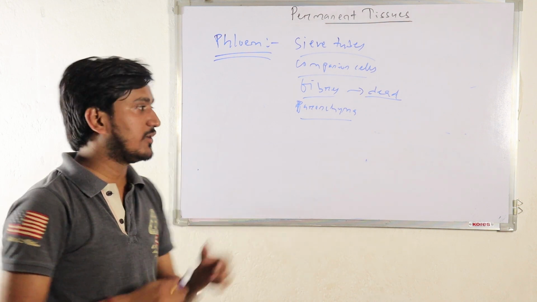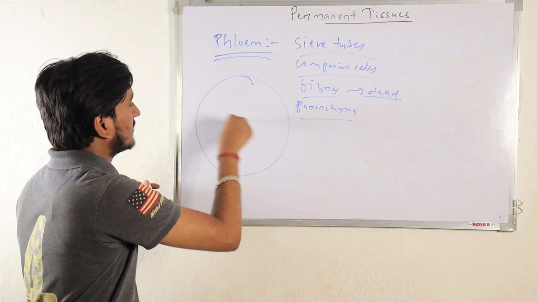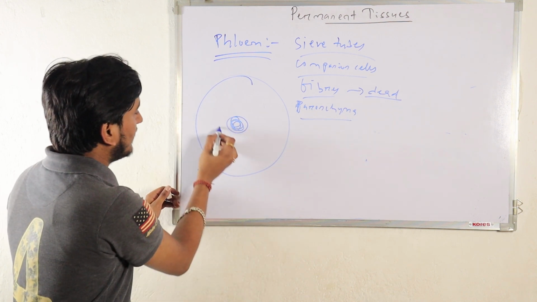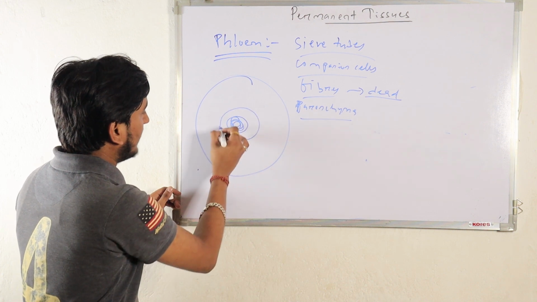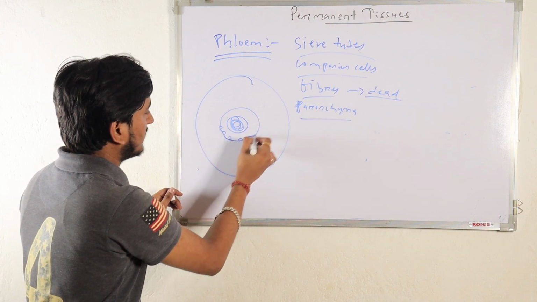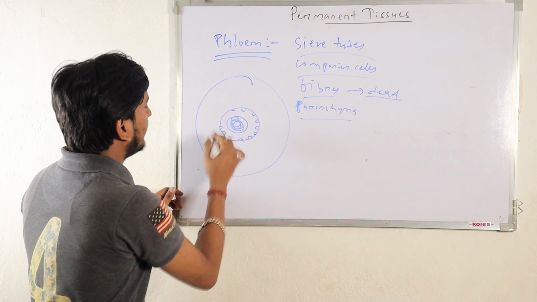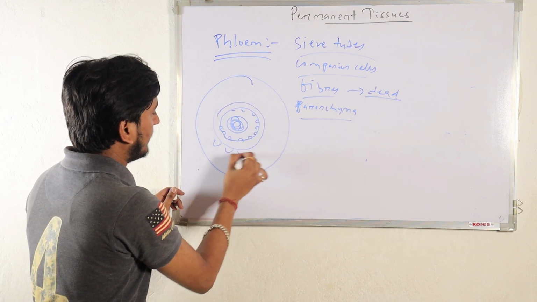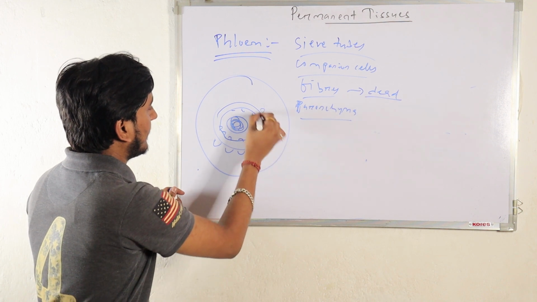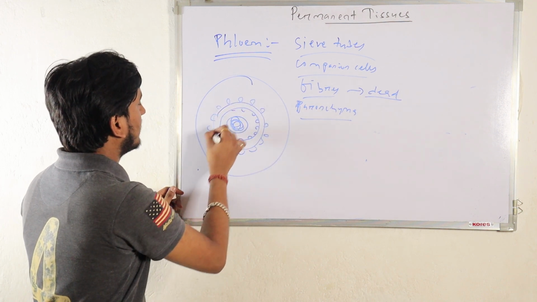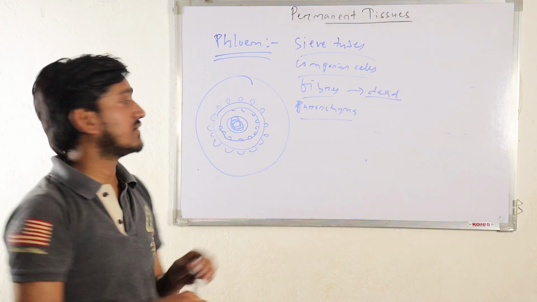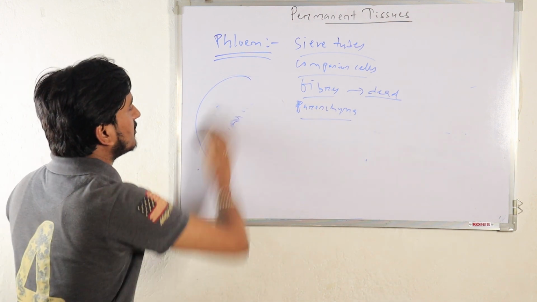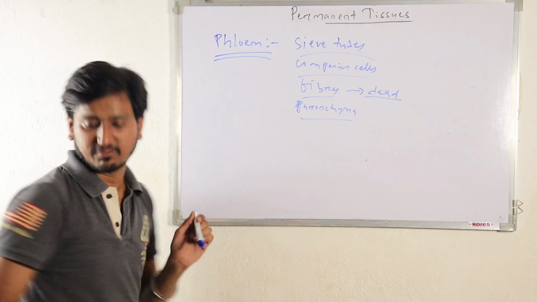From the pith part, if we look at the cut section of the plant tissue, this will be the pith part, the central part. Then there will be a layer of xylem first. The cells here will be xylem. Then there will be the cortex region, and right outside that the phloem part will be there. Okay, this is how the structure of the internal parts of the plant is. I will provide you the diagrams later on. So this was just for explanation purposes.